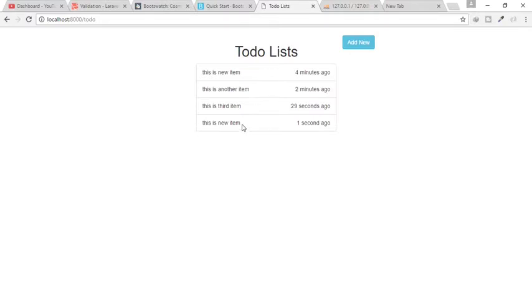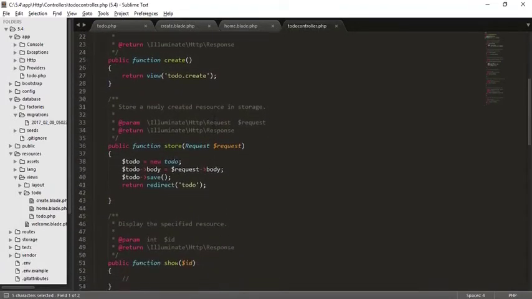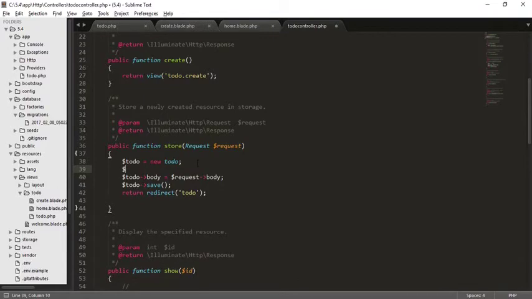But wait, there is a problem. I have two identical items in the list. So how will I protect? So for the protection, we will add the validations. For validation, I will just go to my controller, and on the store function I will firstly say this